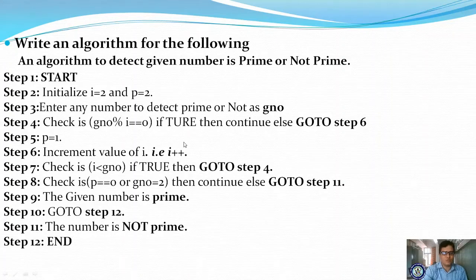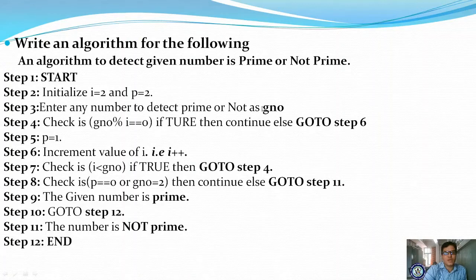Even though we know, let me take it once again. Now I am checking if G number % I. What is the value we have taken in G number? 8. 8 % I. What is the I value? 2. 8 % 2 equal to 0. Whether it is true? If true, then continue, else go to step 6. If it is true, then we have to ask to enter another number. So it has to continue. Continue means it has to skip this value and ask for another number.